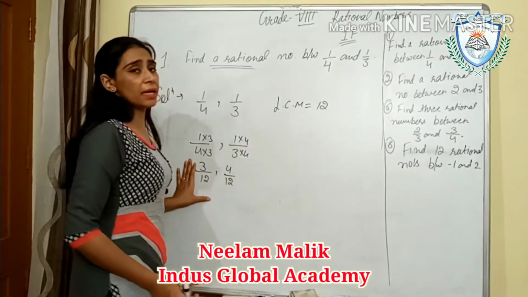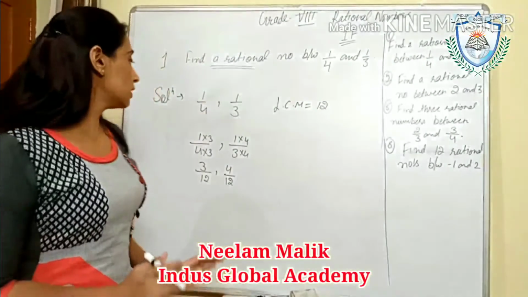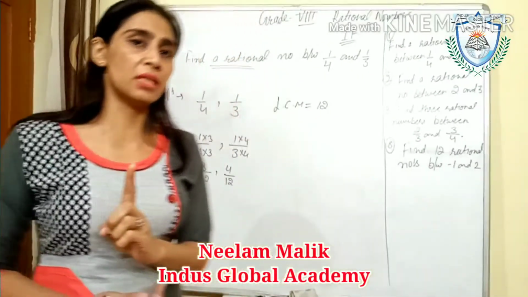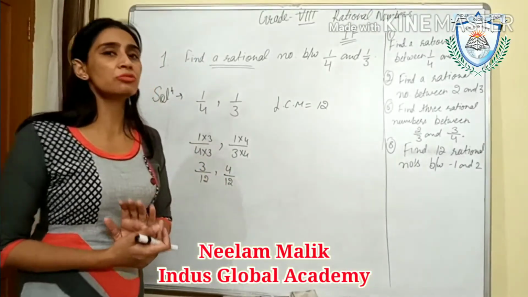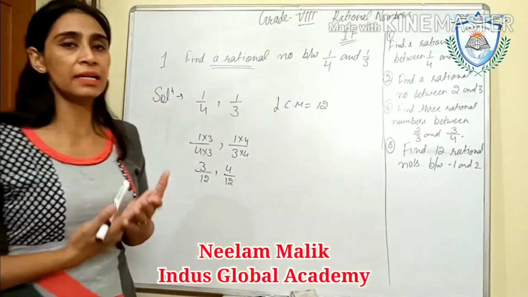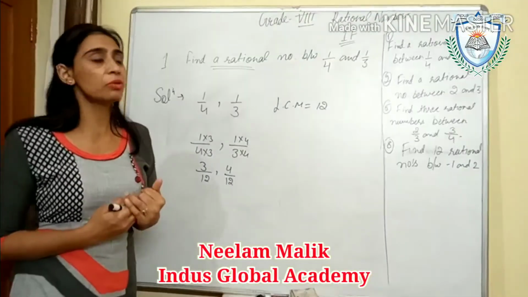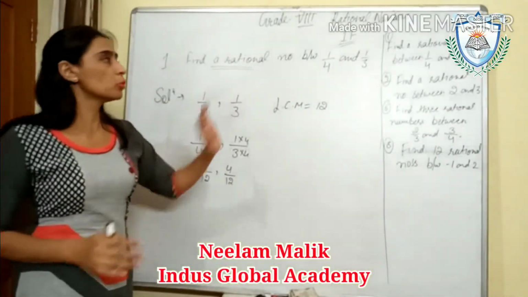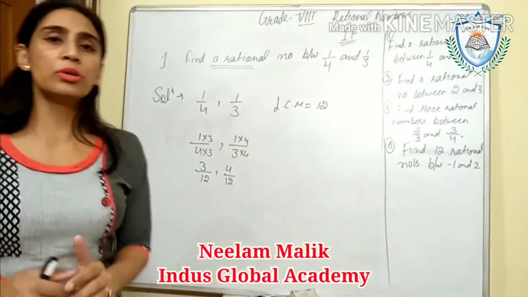We can multiply both rational numbers with any number greater than 1, because here we have to find out only one rational number. Okay, so you can multiply the given rational numbers with any number greater than 1, that can be 2, 3, 4, 5, 6, 7, 8, 9, 10. That is your choice. Which number you take for the multiplication, you have to take more than the count of numbers you need here.